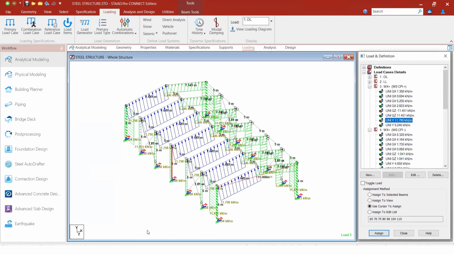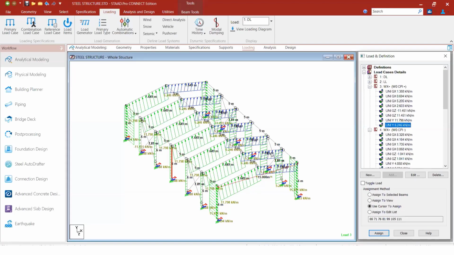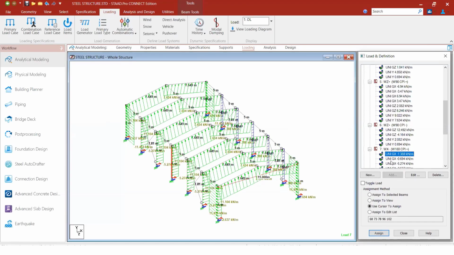The values that we got are 11.798 and 6.246. Okay, so this is one way, and the other one, if you see, I have provided only at the end, and this is for the suction type.